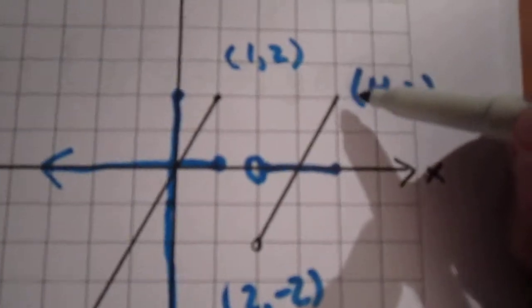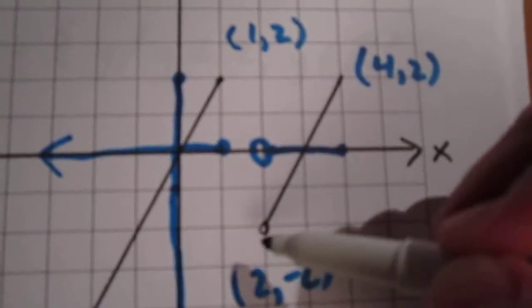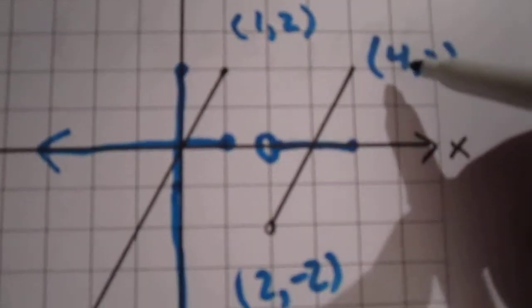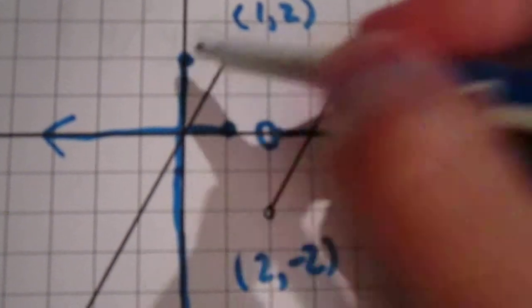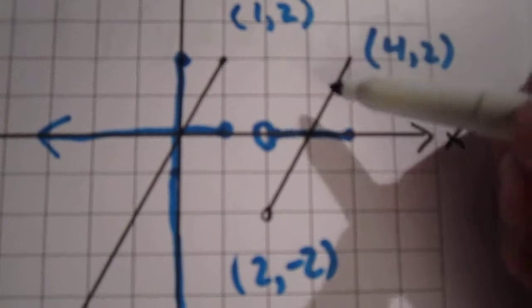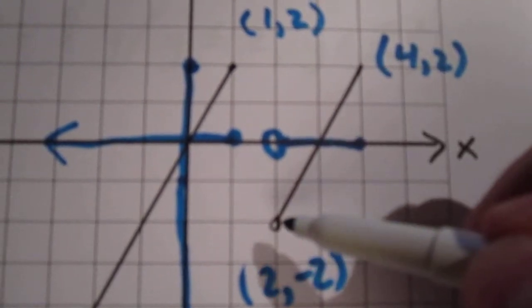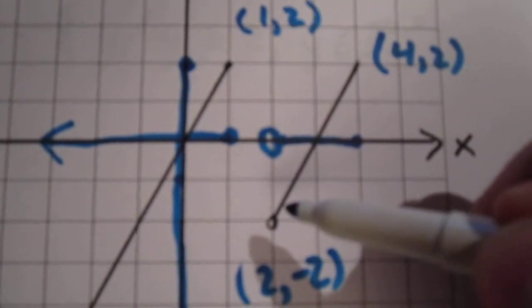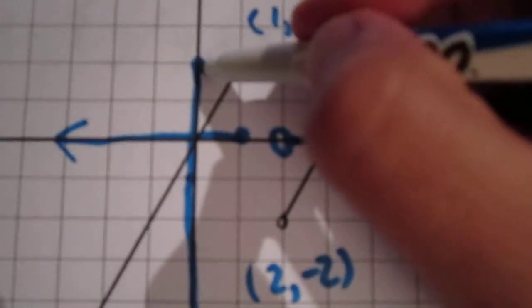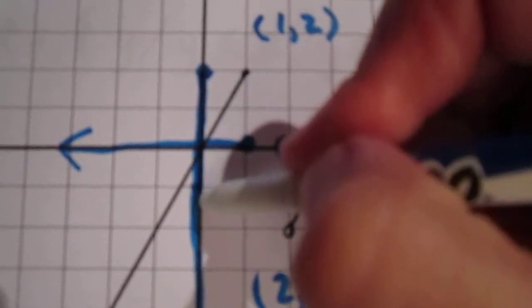We then consider the second portion of the curve right here. The point (4, 2) is right here, again a y value of 2, and we then proceed down this portion of the curve until we get to a y value of -2, and